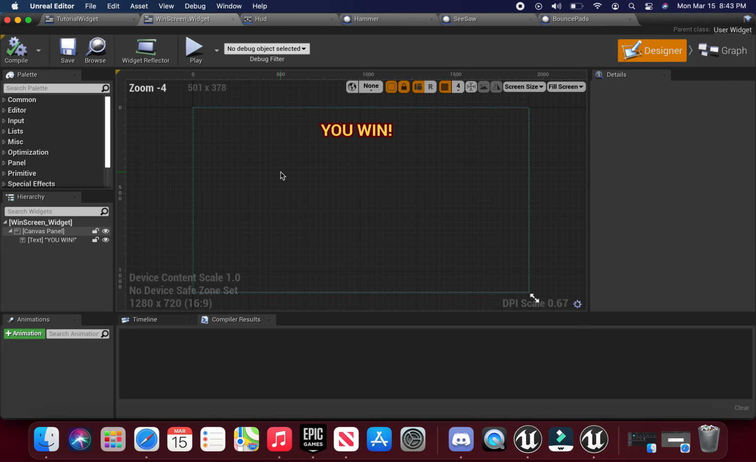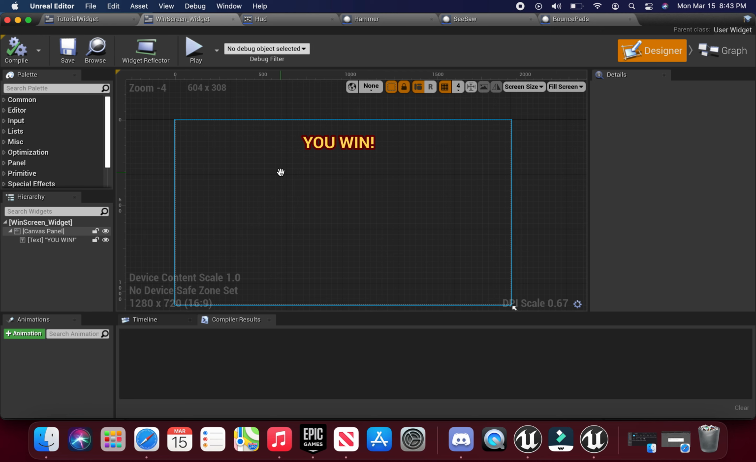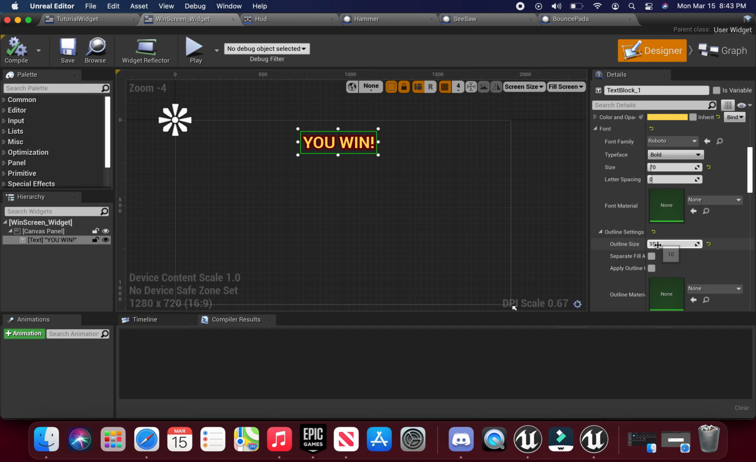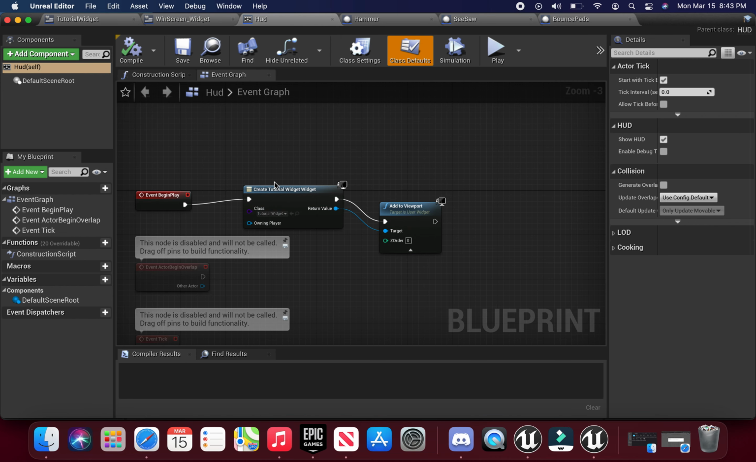Okay. And this is the UI that will pop up once you cross the finish line. So basically for this, I designed it myself. Wasn't really too much into it. I basically colored it, kept it bold, made the outline a 10 so you can see the red around it. And for the HUD,